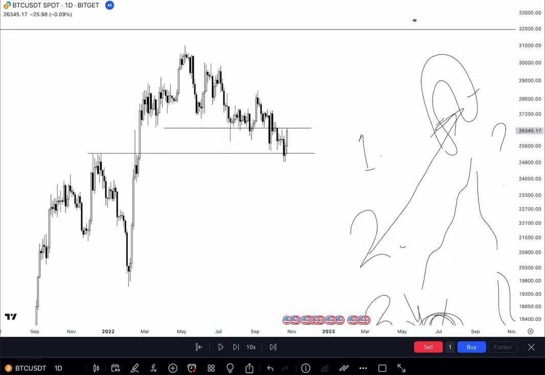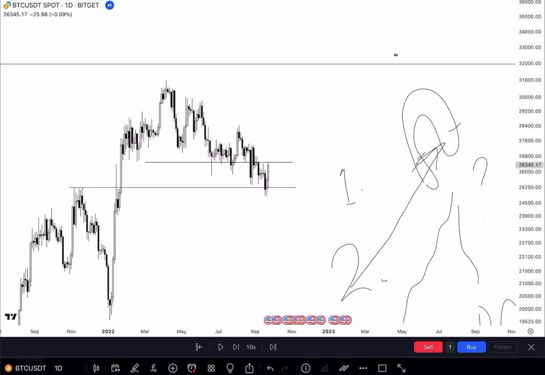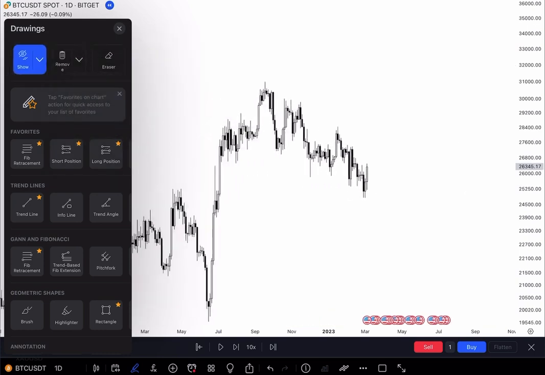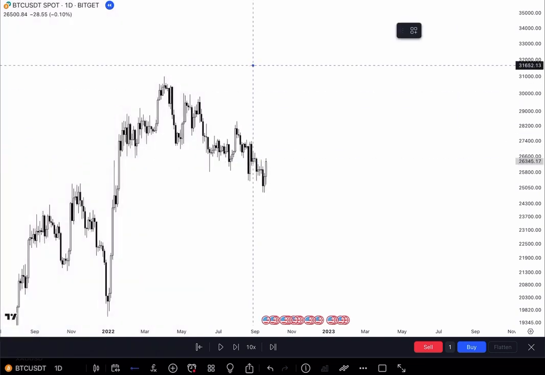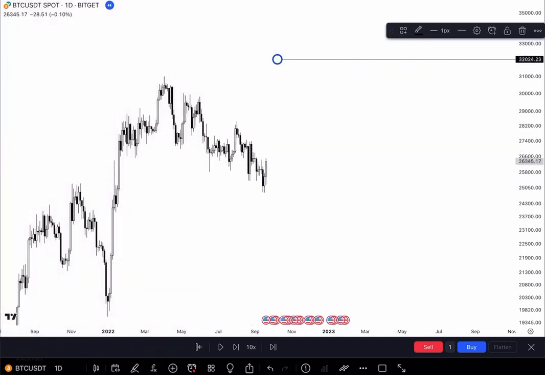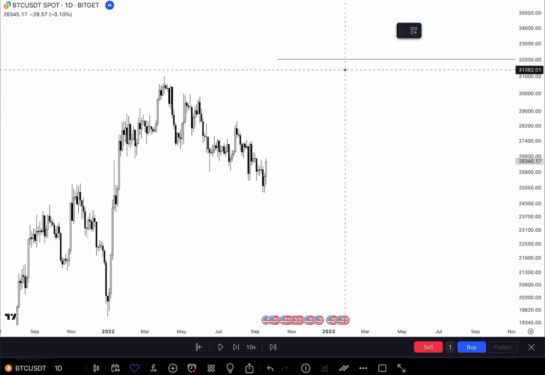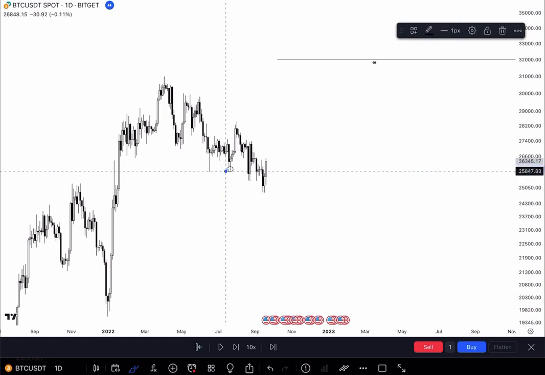So, right over here, we had number 1, which is, where is price likely to be going to? 32,000. That's the I. What is a potential entry? Here was considered, over here was considered. These were the two entries given, right?